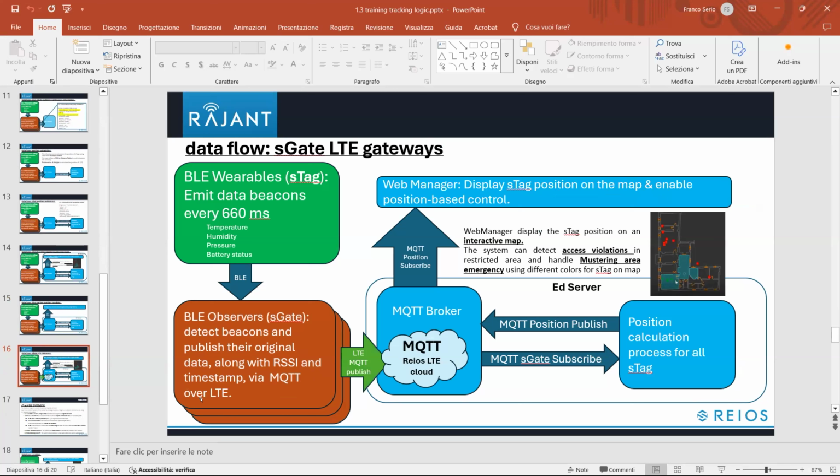There is also another possibility when you don't have the Wi-Fi network to reach the site: you can use LTE gateways. They work on one side, they are capable of receiving information from the beacons, the beaconing done by the standard wearable. So the wearable is not different if you have an S-Gate LTE or a normal S-Gate Wi-Fi. And inside the LTE, there is the possibility to convert the BLE message into an MQTT message